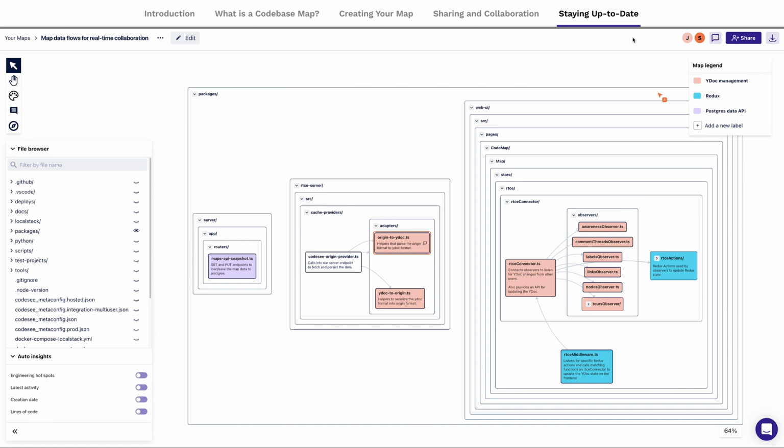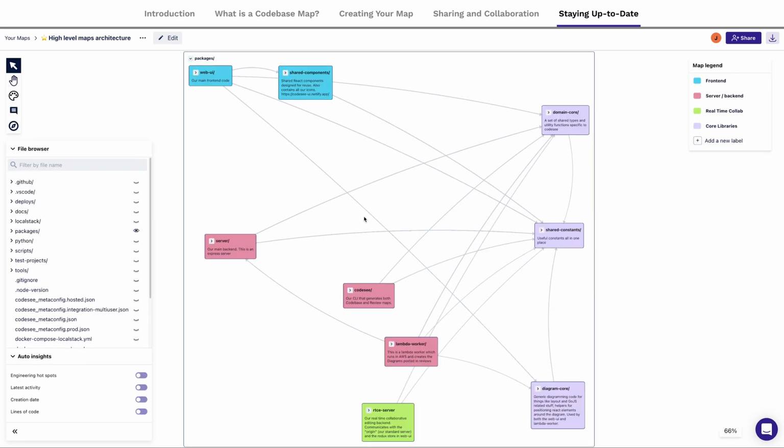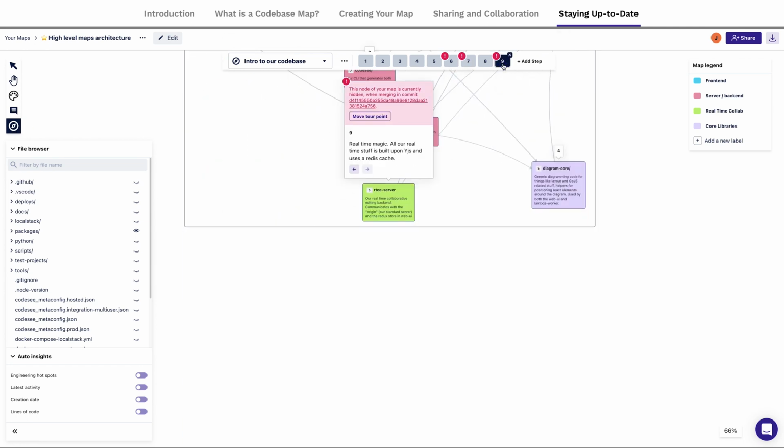Codebase maps are designed to stay up to date. As new code is merged, the map will be updated and the knowledge you've added will persist. In some cases, like when a file is deleted, some knowledge may get orphaned, but Codebase will let you know where that happens, and with a couple clicks, you can fix up your map